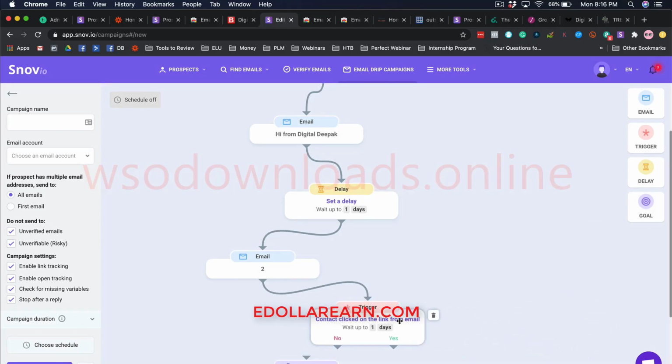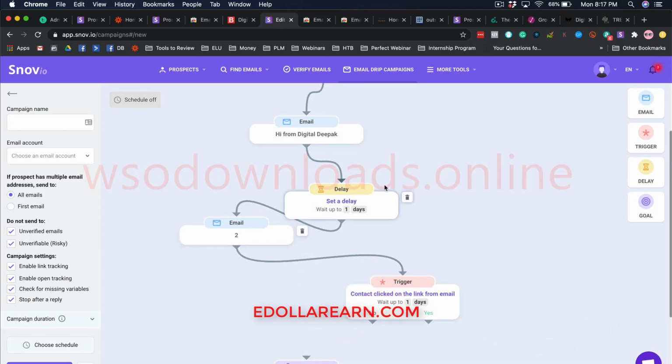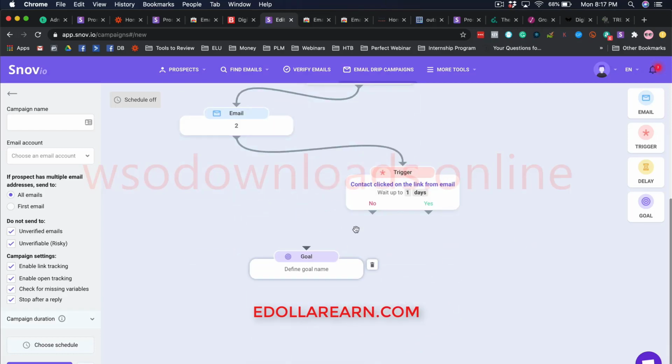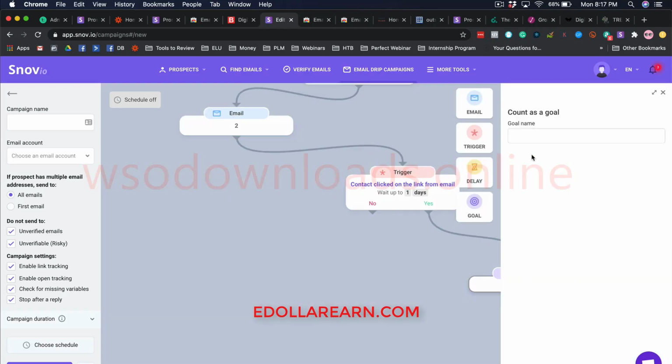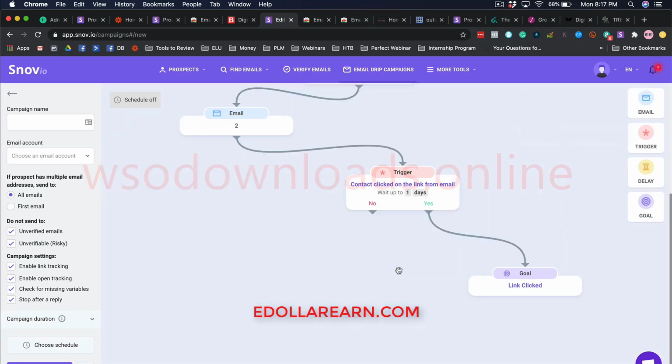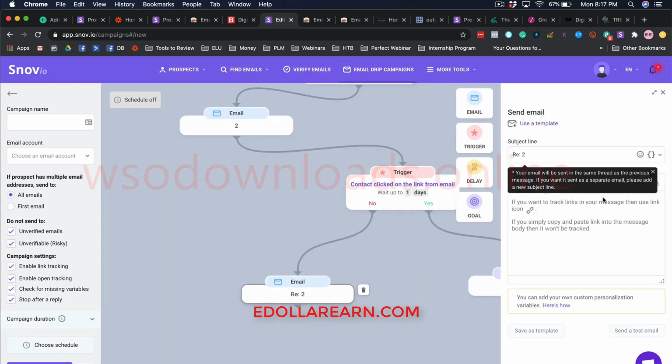Basically, if they have clicked the link on the email, then it will reach the goal. So I would say link clicked, or they have replied to an email. If it has not reached the goal, then I can send out another email so that they can click on the link and then reach the goal. Okay, so that would be the third mail.